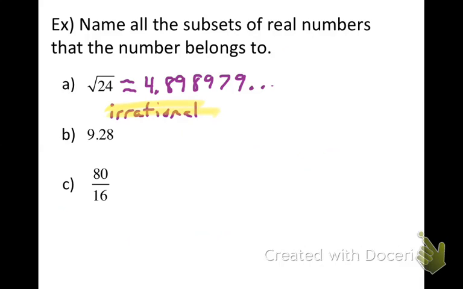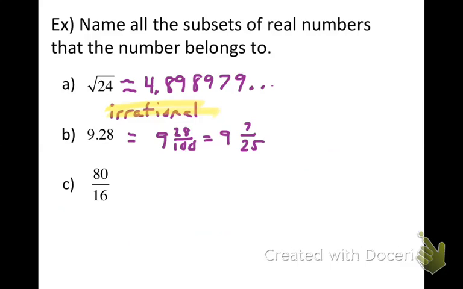Okay, now how about 9.28? Well, first you always try to determine, is it rational or irrational? I went that route in part A without specifying it, but I determined it was irrational, right? Well, now I want to see, is this rational? By the way, isn't this clearly not a whole number or a natural number or an integer because it has a decimal part to it? But it's a terminating decimal. And anytime you have a terminating decimal, it's real easy to write that as a fraction, starting as a mixed number. This is 9 and 28 hundredths, correct? If you know your place value. So you could write that as 9 and 28 hundredths, which in simpler form is 9 and 7 over 25,